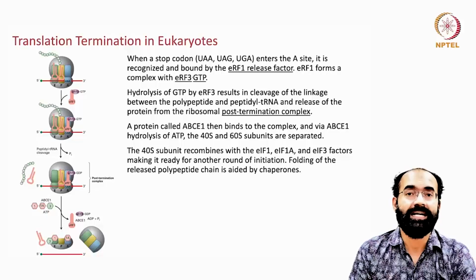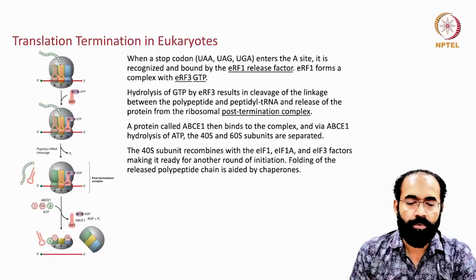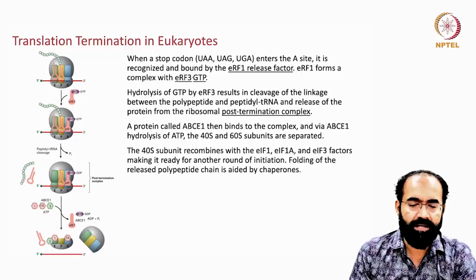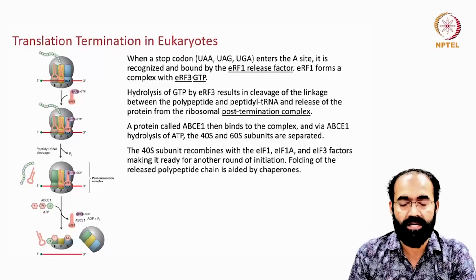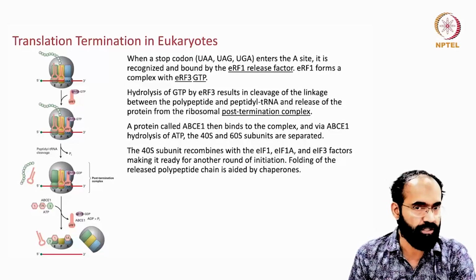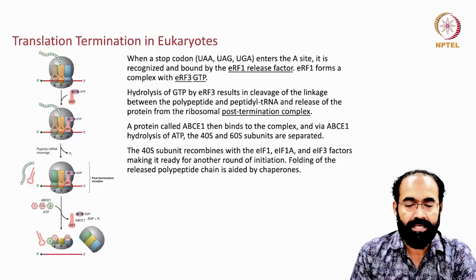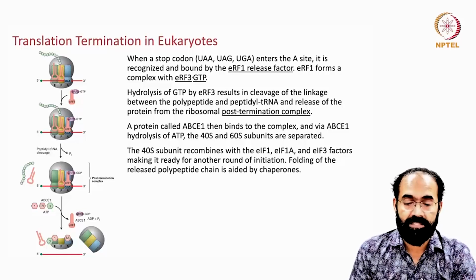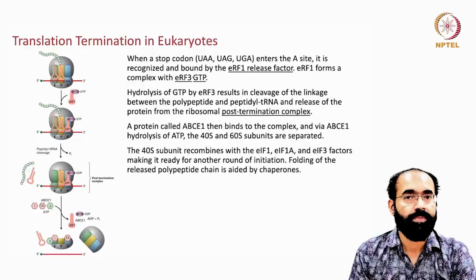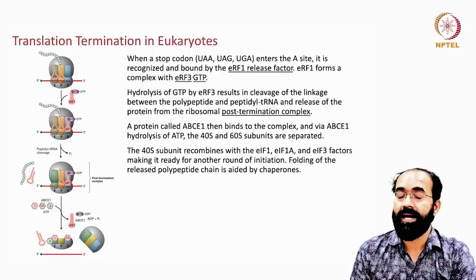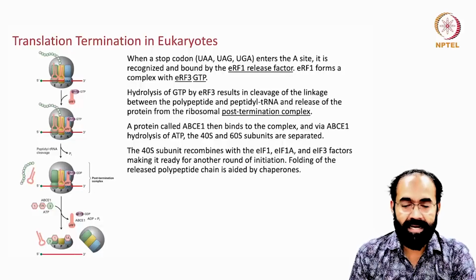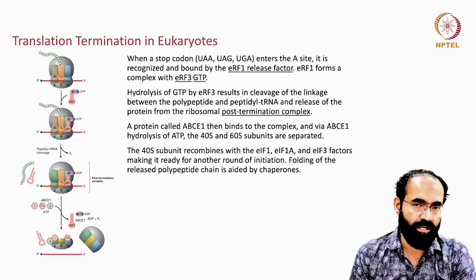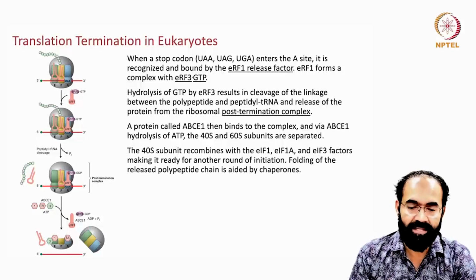So it helps in the disassembly. A protein called ABCE1 then binds to the complex, and via this ABCE1, hydrolysis of ATP, which also utilizes an energy yielding molecule, instead of GTP it is using ATP, the 40S and 60S subunits are separated. So ERF1 and ERF3 occupy the stop codon and attract the ABCE1, which at the cost of ATP disassembles the 40S